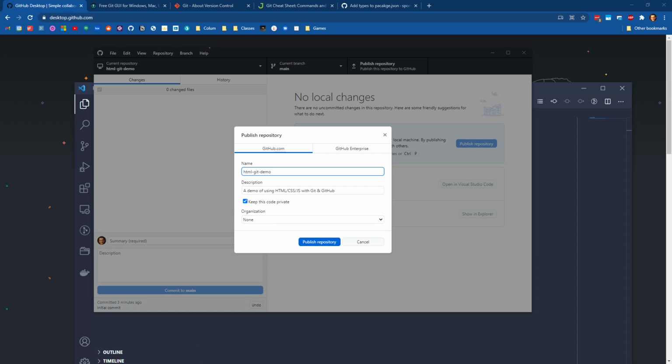For repositories in this class, you want to make sure that this is unchecked. That way you can share your code with peers in your class, and you can also share it with me. So the name and description are being auto-filled from what we set up on our machine. Those are fine. And then we can hit publish, which, if we're all logged in and authenticated, what this is